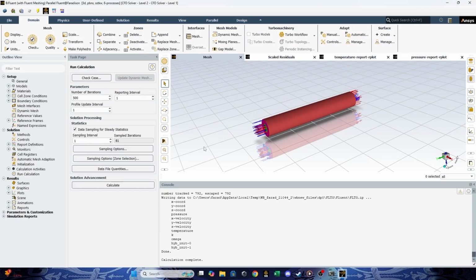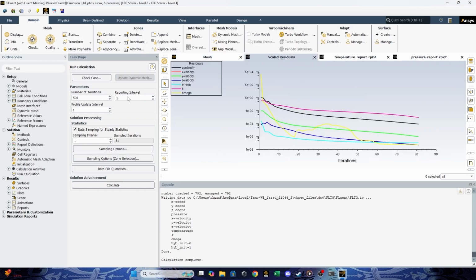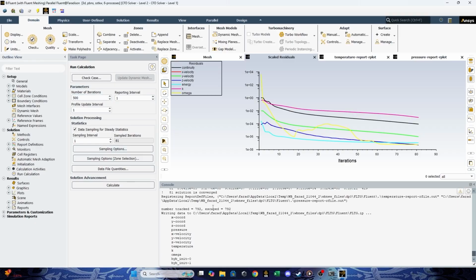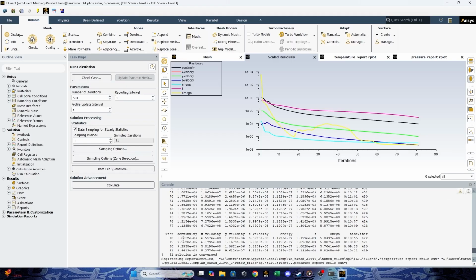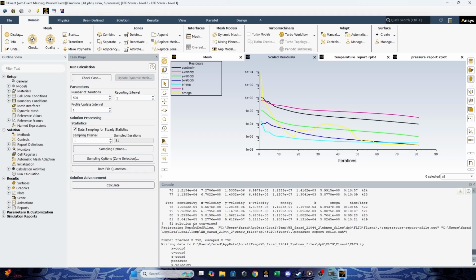Okay, so before, we put the number of iterations at 500, but the software found that the results had already converged at 81 iterations, so the calculation did not need to continue because convergence was already achieved.